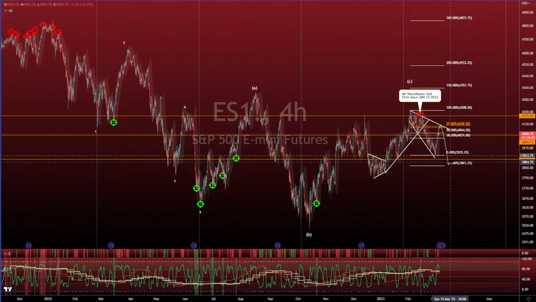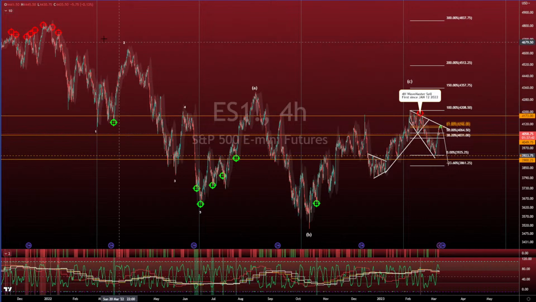I actually believe we're probably going to roll over, and I want to talk a little bit about why. And I think a lot of people are getting caught, and I want to talk about that as well. But before I drill in, I want to talk about the fact that we had our first Wave Master sell signal on the ES futures. This happened and occurred on February 14th,